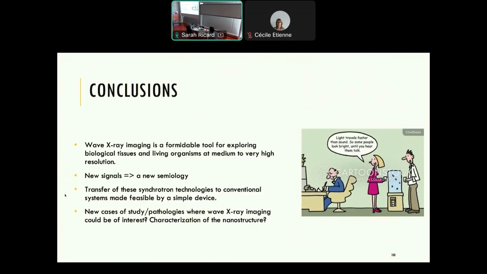The transfer of these synchrotron technologies to conventional systems is currently happening. And if you are interested in new cases where X-ray imaging can be addressed,